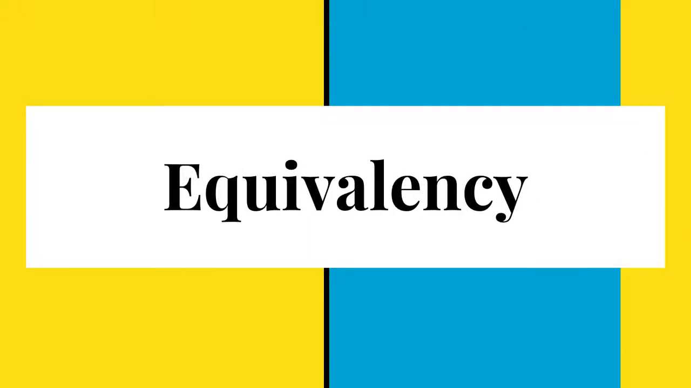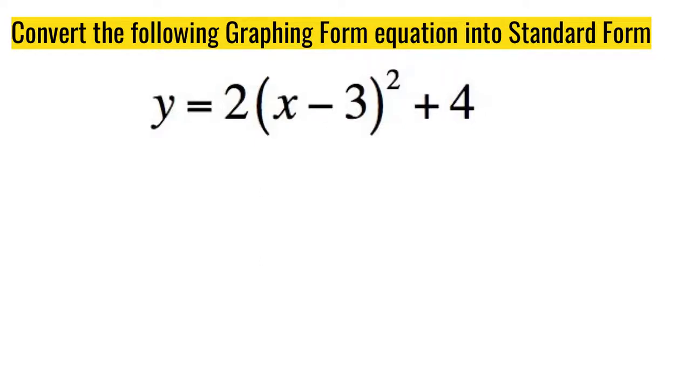Let's take a look at equivalency and rewriting different forms of an equation, getting two equal expressions. So let's say you're given an equation like this one, y equals 2 times x minus 3 squared plus 4. That is currently in what we call graphing form. If you have an equation like this that is currently in graphing form and we're switching it to standard form,